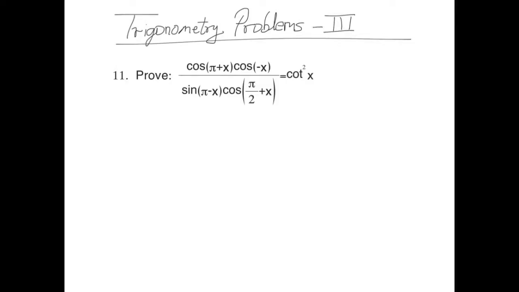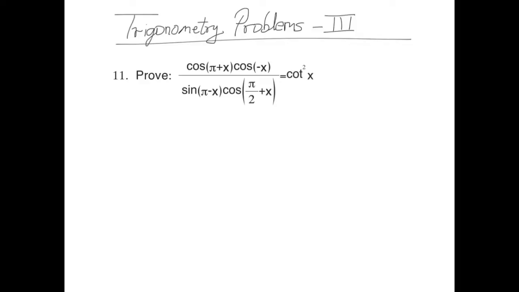Welcome to Trigonometric Problems Practice session number 3. We have already done 10 problems and now we are on to the 11th problem. Here we have to prove this expression, this complicated term on the left hand side. We have to prove that it is equal to cot squared x, which is the term on the right hand